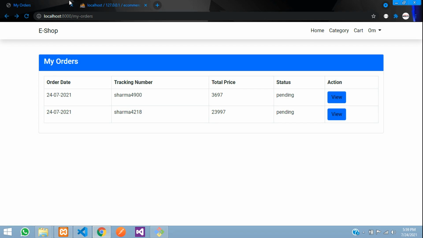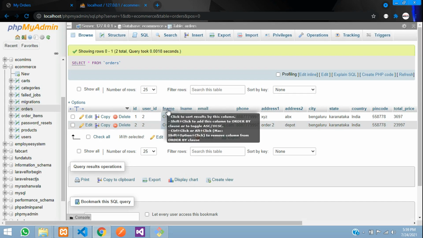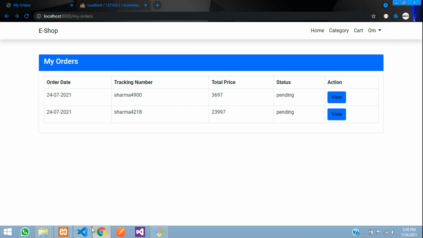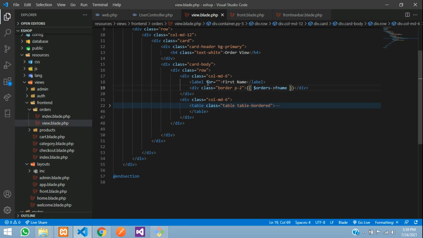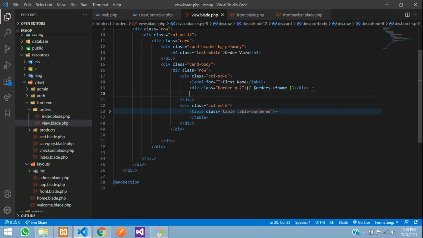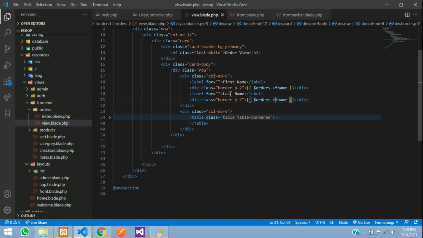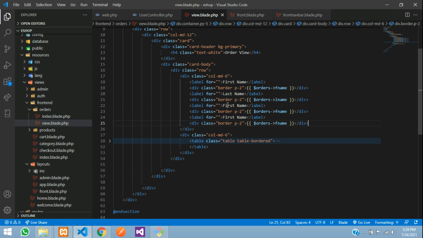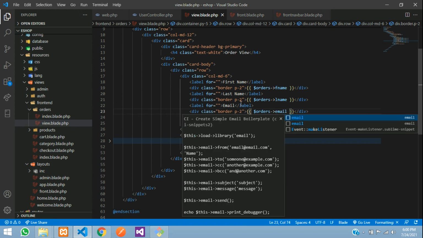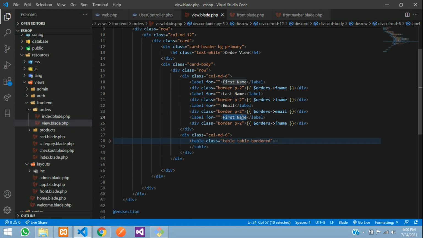So let us go to our database, and in the orders table you can see we have the f name, l name and all the details. So we will fetch according to that. So f name, and then just copy and paste. This is going to be the last name. Then the email, phone, or you can say contact number,